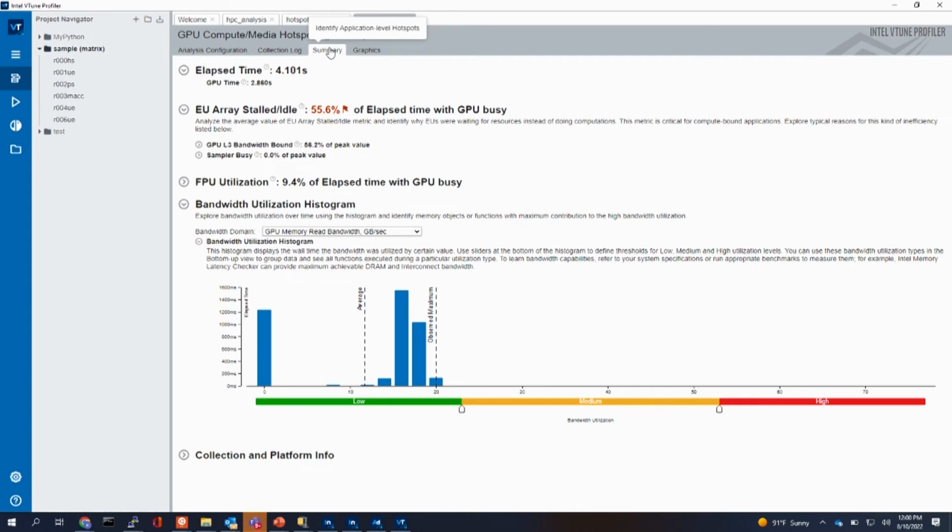GPUs, they're all pretty much the same. They're massively parallel. Some of the biggest problems they have is keeping the pipeline busy. I mean, if a lot of memory access has to happen, then what will happen is the processor will stall and they'll have to wait. So in this case here, we're seeing 55.6%. Obviously, that's triggering some flags here. If we hover over that flag,